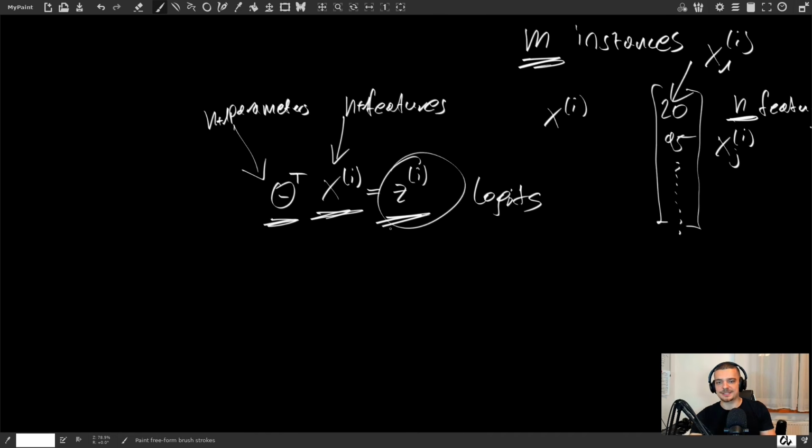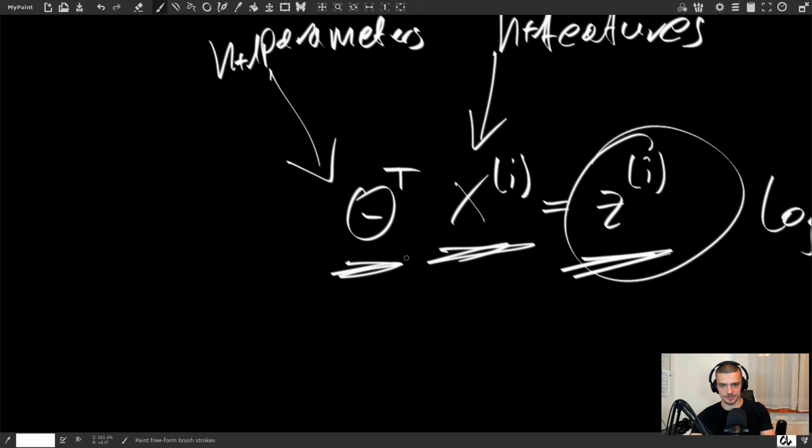And this results in zi. So the output, the logit for this particular instance given our parameters. And to not confuse you, these parameters are exactly what we're looking for. By default, they're just going to be random values or just ones, whatever. It's not intelligent. And what we're trying to do is find the right parameters so that we